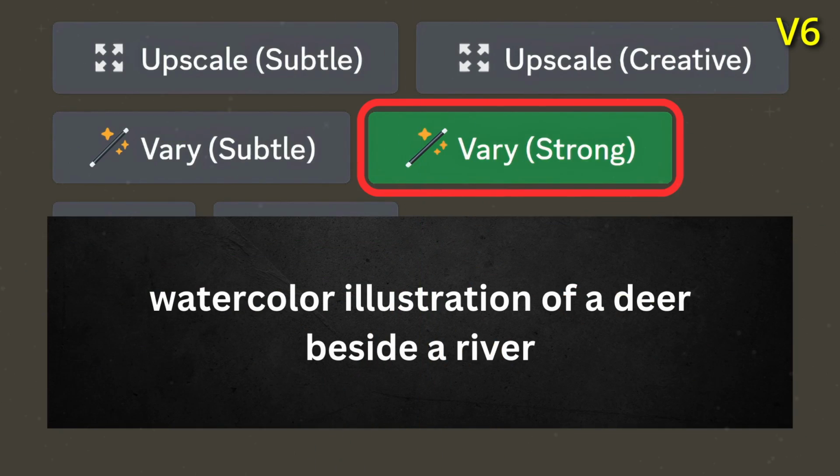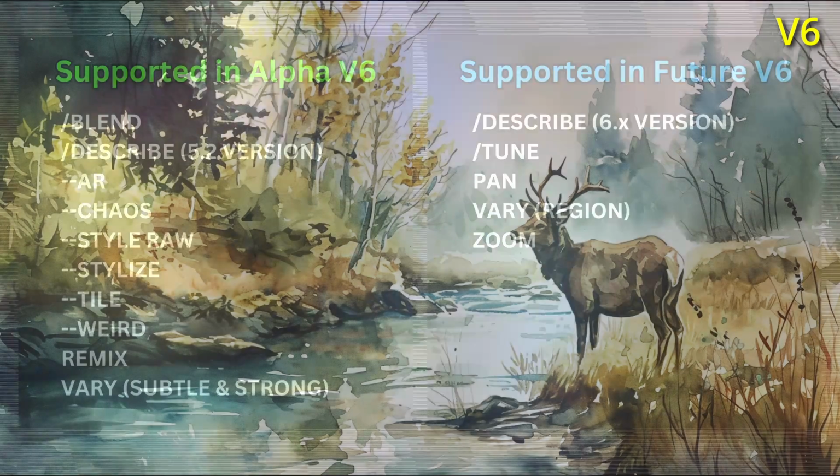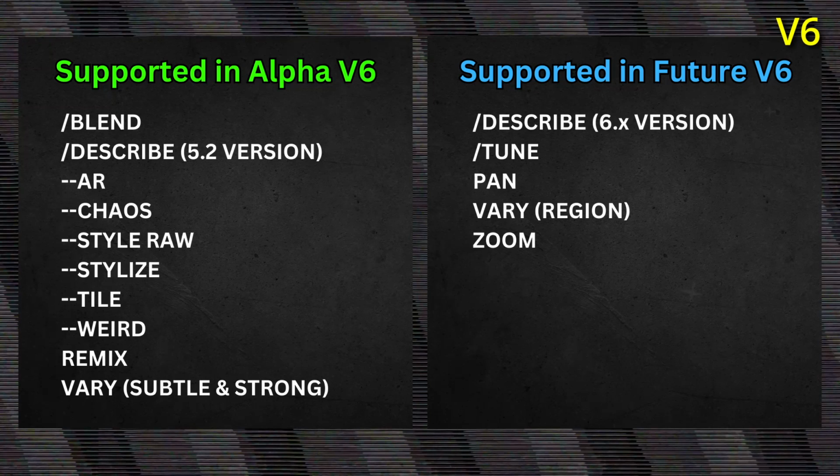Now, I wanted to see how a very strong function would change the result. Midjourney was true to the prompt request and enhanced the colors as well. I thought the result was very nice, and I hope this inspires you to try the very subtle and very strong functions. Finally, here is a list of features that are currently working in Alpha and those to come later